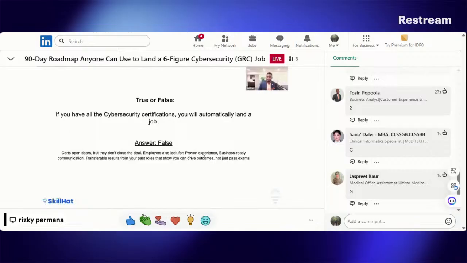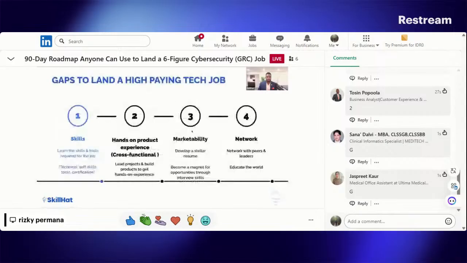Employers are looking for proven experience and business-ready communication. You saw how she came on here and broke things down eloquently. That's going to be you once you go through our program. They want to see transferable results, like show me what you've done, not just what you've learned, from your past work that shows you can drive the outcomes and not just pass exams.